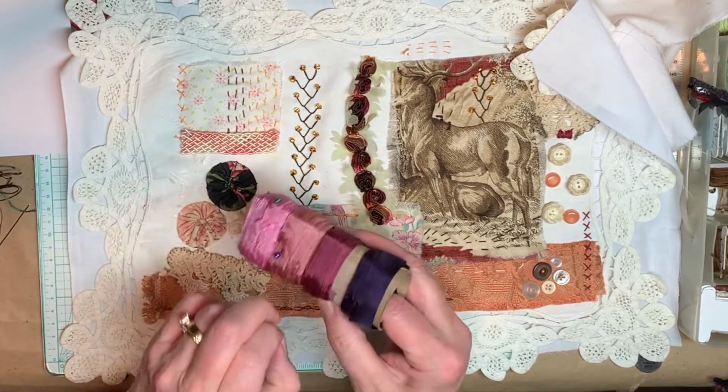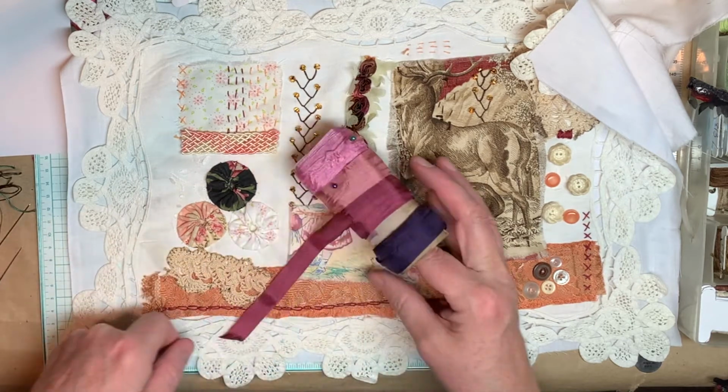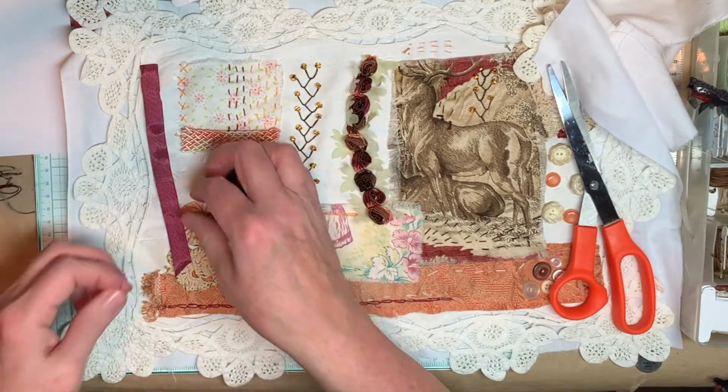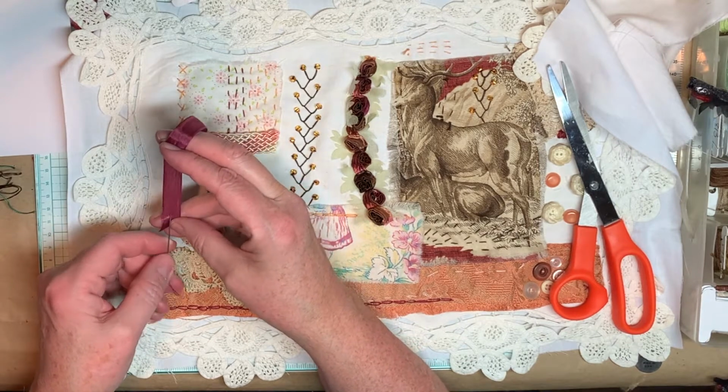I think I'm going to take it and just gather it and stitch a piece of it on. Just doesn't match exactly, but it's close enough. So I'm just going to take a piece of it and run a gathering stitch up on it. I've got this black thread. I think that's fine. I'm just going to run a